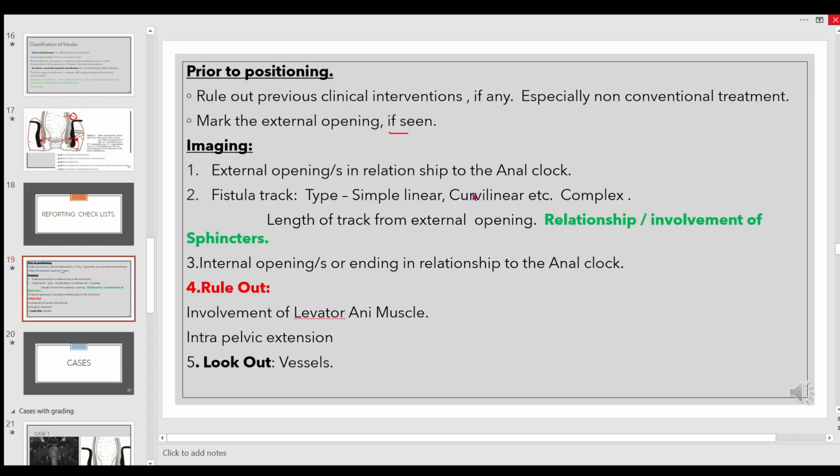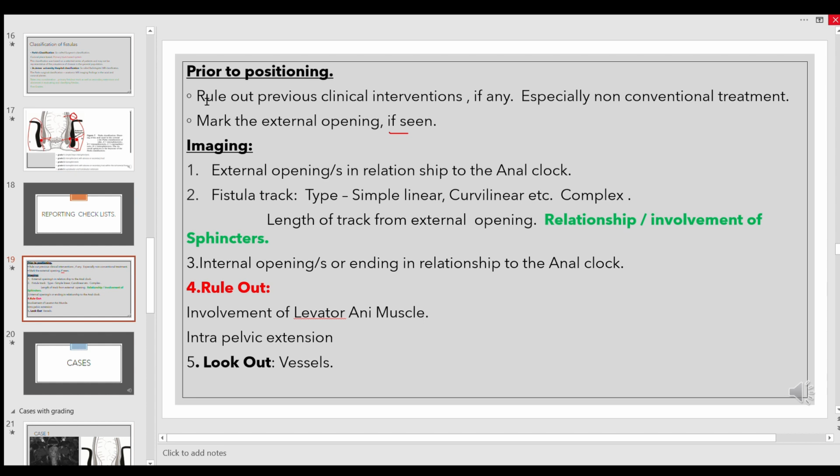First and foremost, before positioning the patient in the MR machine, you have to ask certain clinical details about the patient. The most important one is previous clinical interventions.